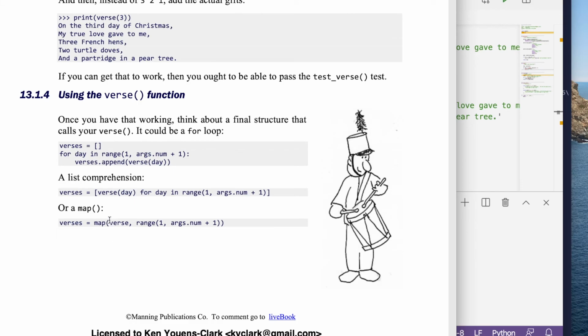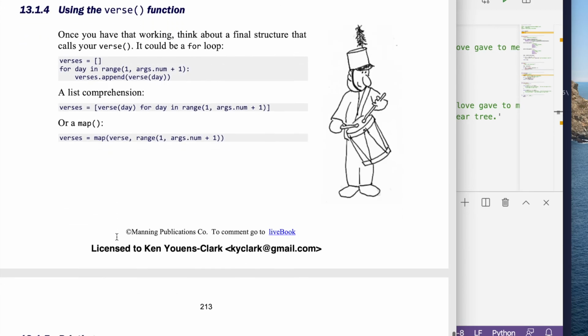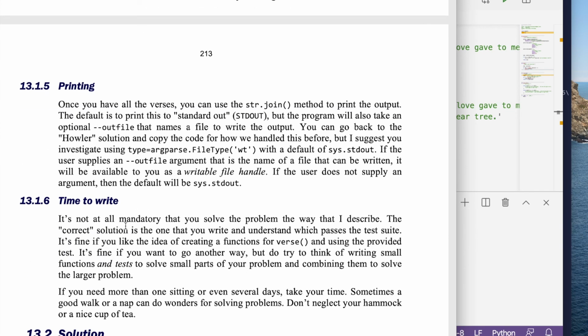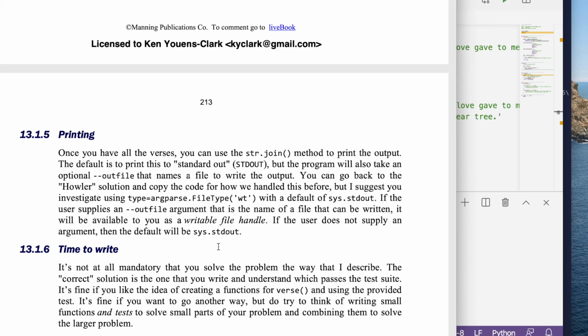I'm just going to go ahead and point out that this can be rewritten as this. So a list comprehension can almost always be rewritten in a shorter manner using a map statement. So you could think about that. You don't have to do that. I do talk about here about printing. The other thing that you have to think about is printing that to an output file, and the default being sys.stdout. So how you might go about that, you should think about it. I'm going to leave this up to you. You have the test to guide you, and I wish you